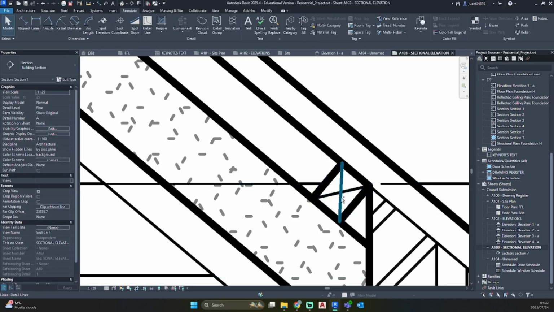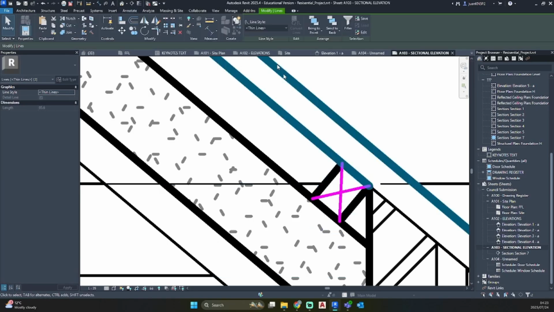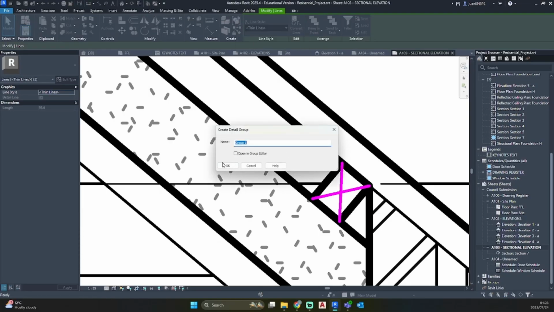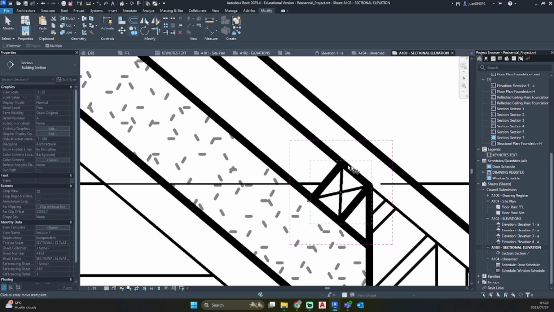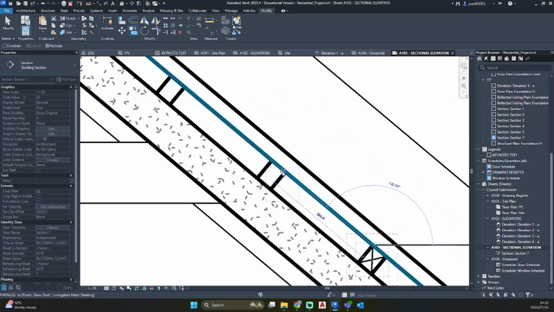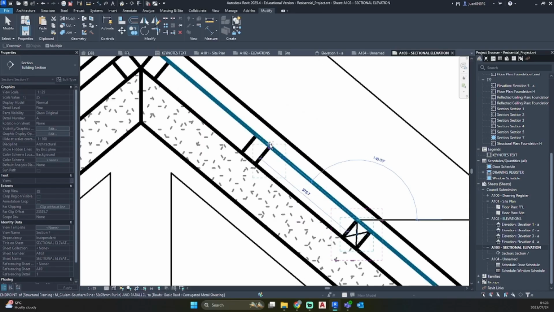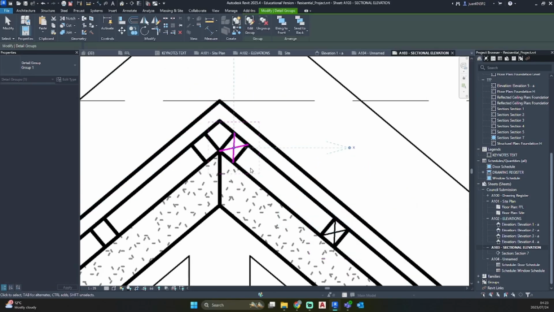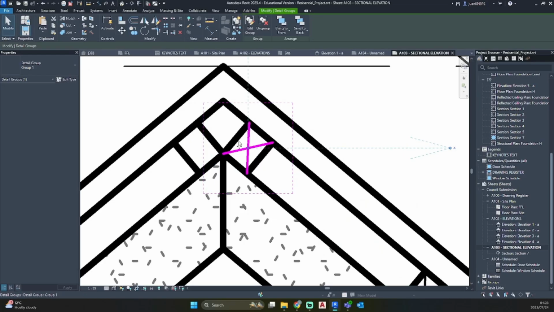So once you've drawn in one, just go ahead and select both of them, go to create group, just go OK, it's CO for copy, and we can just copy them to the rest. So now this one we can mirror. We can go to our top ribbon under modify, use mirror by picking the axis.